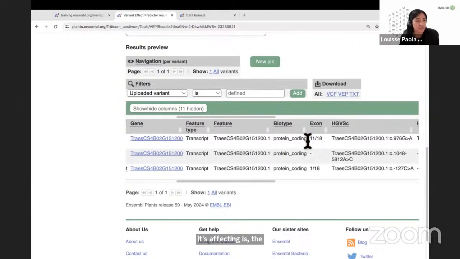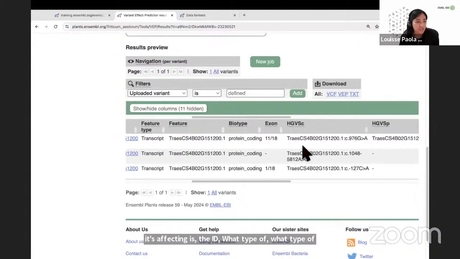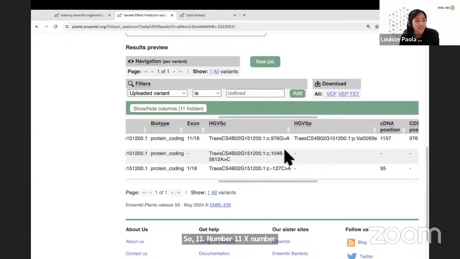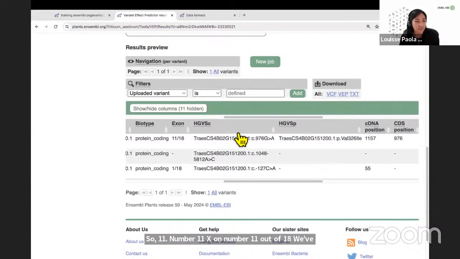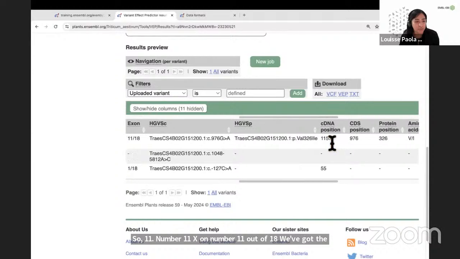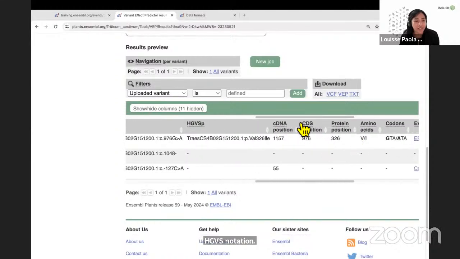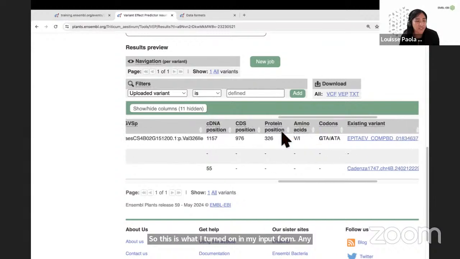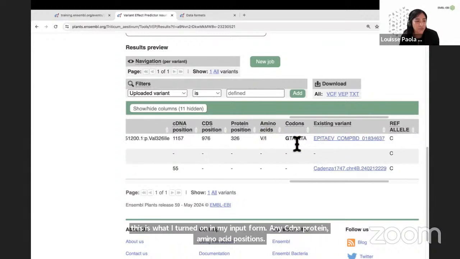What type of transcript is this? This is a protein coding transcript. We've got the exon numbers, so which exon the variant is found within. So exon number 11 out of 18. We've got the HGVS notation. So this is what I turned on in my input form. Any cDNA protein amino acid positions, the amino acid change, codon change,